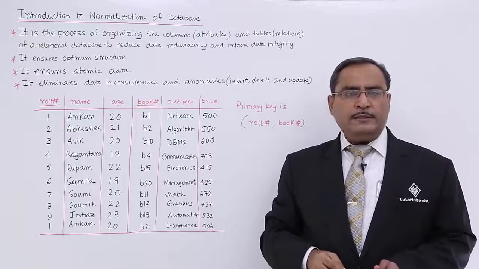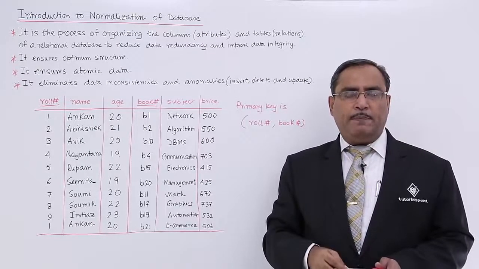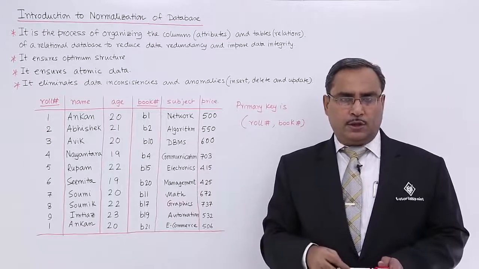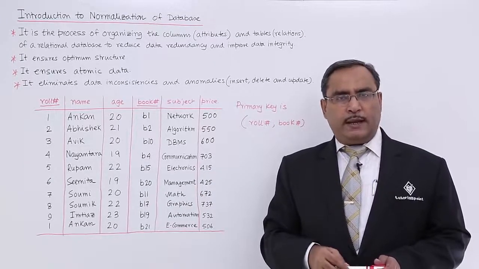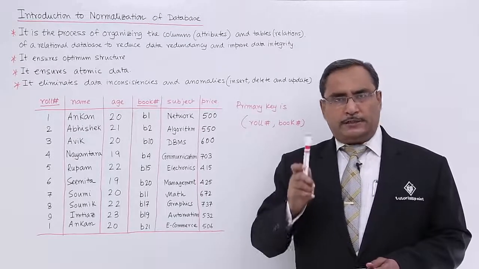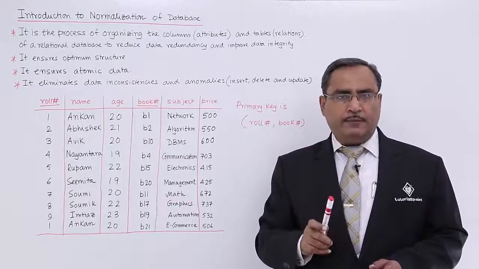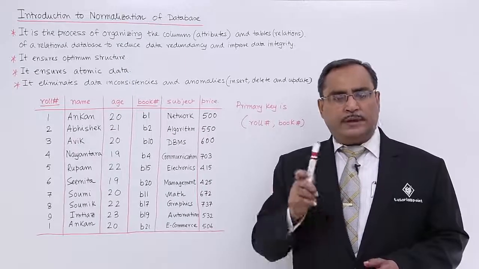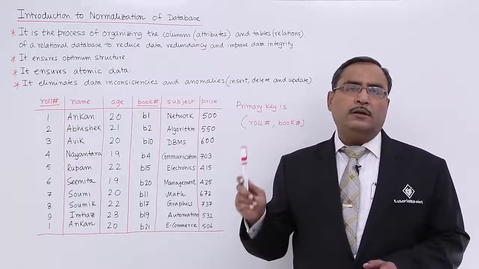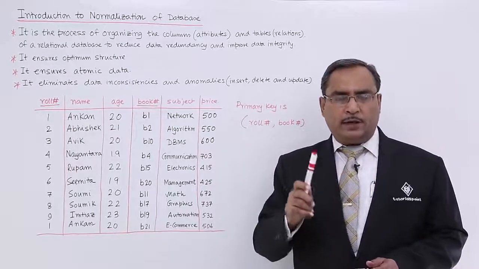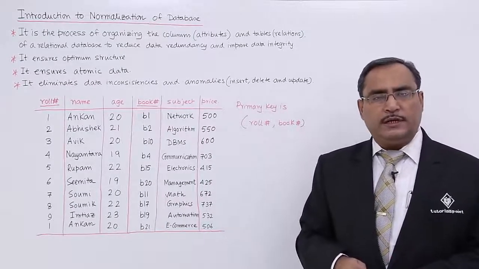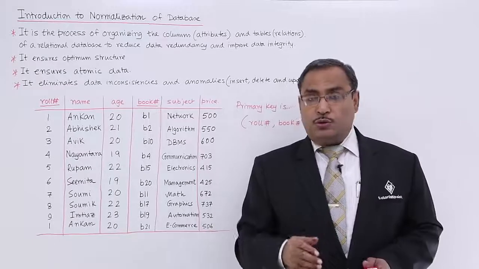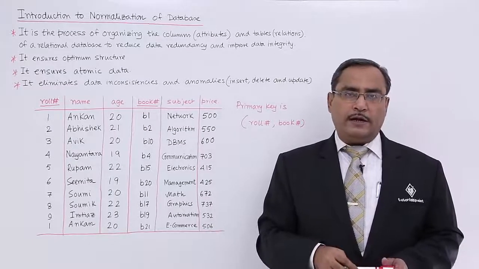So, data redundancy means the same data may get replicated in multiple places. So, if we carry out any kind of updation, then sometimes we may have updated some of the instances of the data and the rest of the instances of the same data may remain unupdated. As a result of that, we shall be leaving our database in some inconsistent state. So, that is the problem of data redundancy.